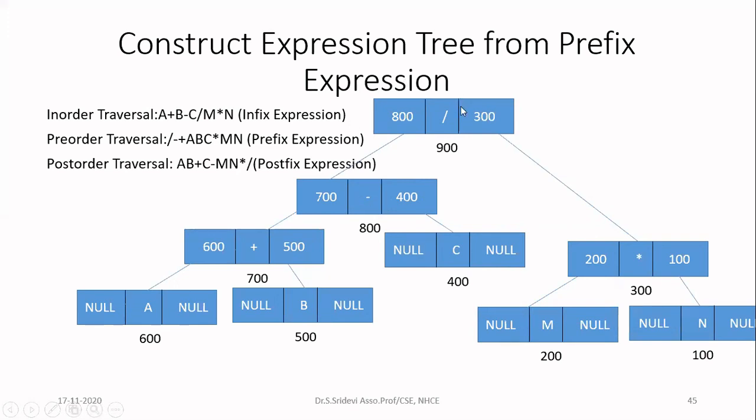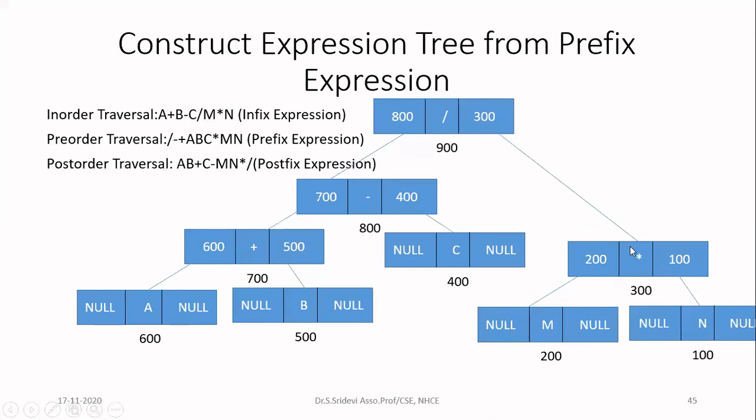Then go to its parent. So now the left subtree of this particular node is finished. So now you have to process divide. So divide is now printed at the output. After that, with the help of the right child pointer, go to the right subtree. So I am coming here. Then you check whether it is a leaf node. Here we have the address 200 in the left subtree. So you have to process that first. So go to the left subtree now. Here in the left subtree we have null. That means it is a leaf node. So you can print M now. So M is printed after divide. After that, the left subtree is over.